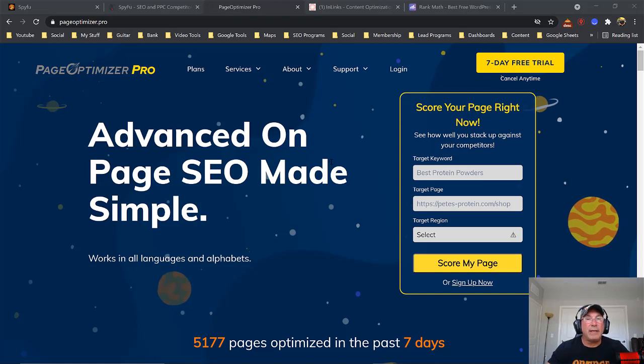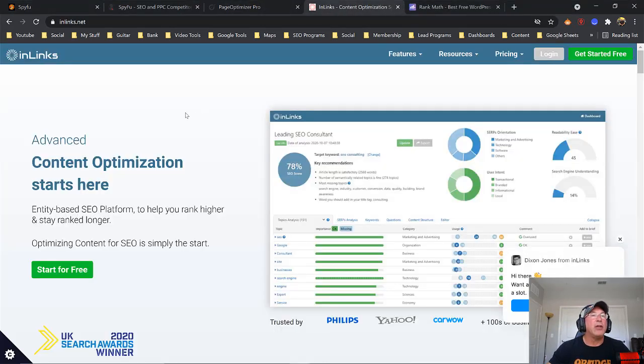So you have your content written and you installed it in WordPress, but you're still not finished. The next thing you want to do is make sure that your content is optimized. So you need to use a program like Page Optimizer Pro. Page Optimizer Pro takes the top 10 results and lets you know what you need to add to that already completed article. You could use Page Optimizer Pro, or you could use another website called